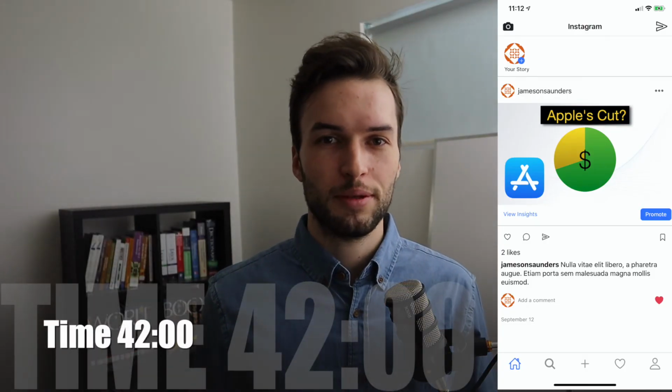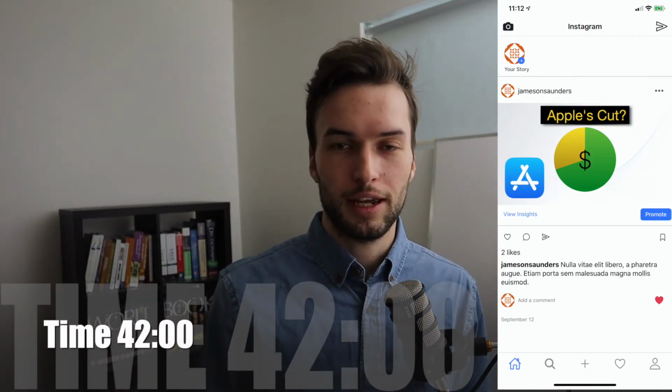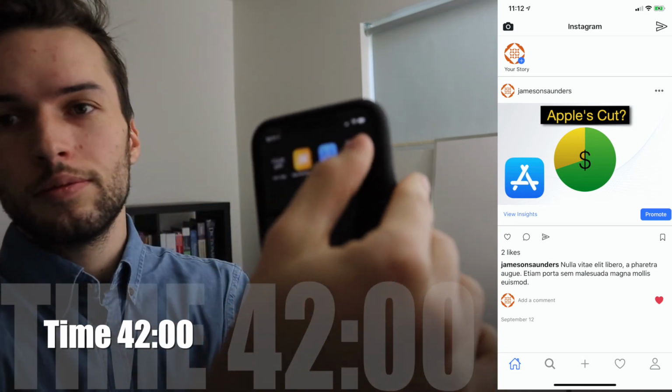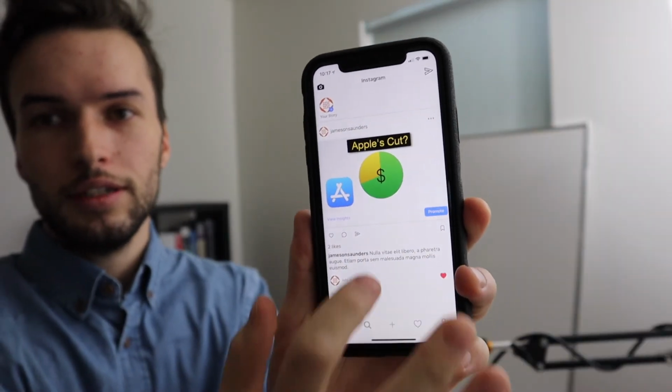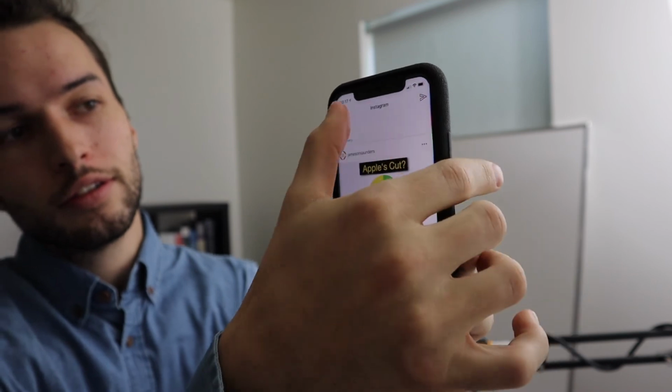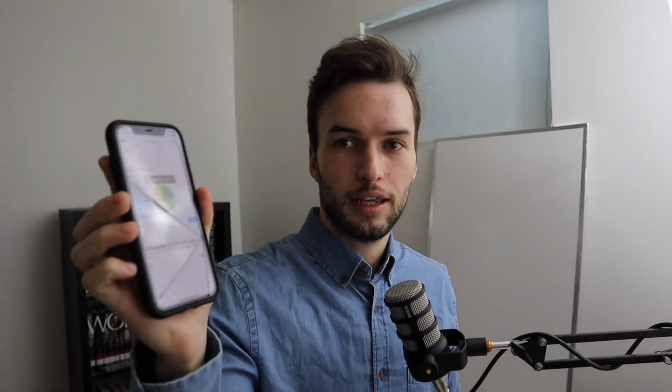Alright, the code prototype is now done, and now I'm going to show you on my actual phone. Okay, so here it is. Of course, the buttons don't actually do anything, but this app is legitimate. I could use this to publish a copy of Instagram if I felt like infringing on their copyright, but I don't, and this is just for demonstration of the speed of paper prototyping versus actual software prototyping with Keynote